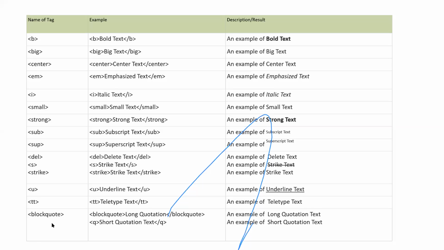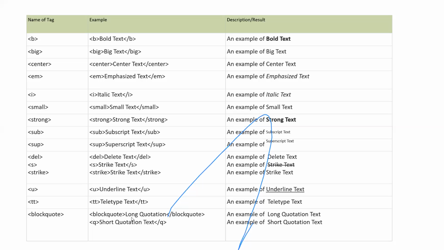Next, blockquote. What is blockquote used for? It is used for a long quotation. Between the tags, the paragraph is there, and within the paragraph you have to mention this. Then short quote: there are two things.